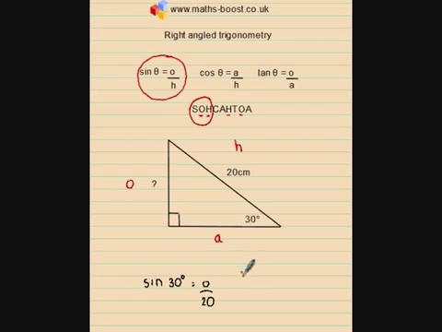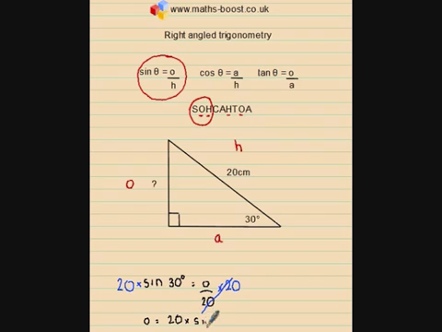Now I cover in more detail in another video associated with this how to solve this trigonometric equation in the way that I would solve any equation. So do look at that, but just briefly, I want to get O on its own, but at the moment it's being divided by 20, so I'm going to times both sides by 20 to undo this divide by 20. And then I can see that this simplifies to leave me with O equals